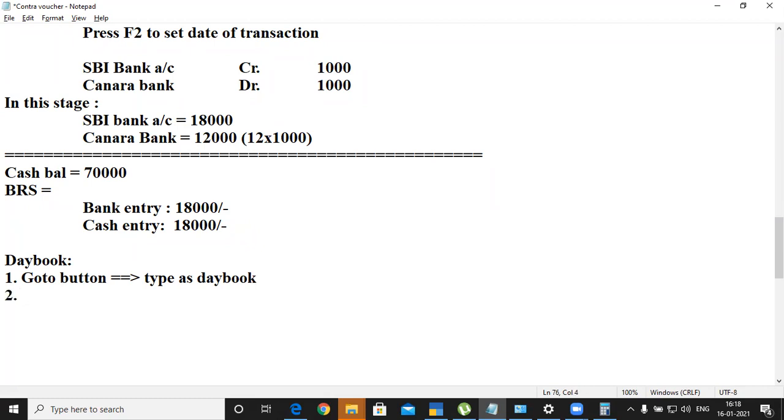Second is from the gateway of Tally, then use daybook. Then third method, gateway of Tally, display, then daybook.